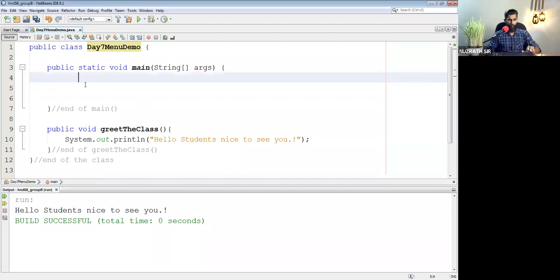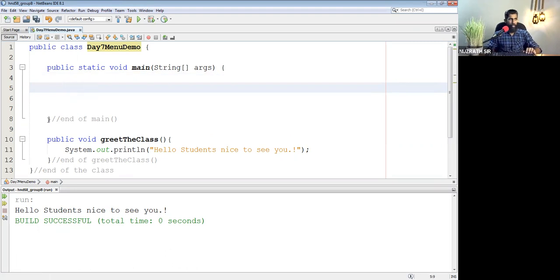Right. Let's continue and see. So you can see I am going to type the name of this method here, because this method is written inside the MenuDemo class, the MenuDemo program. So I can simply give